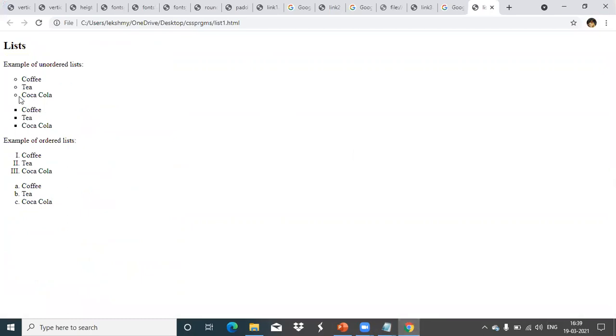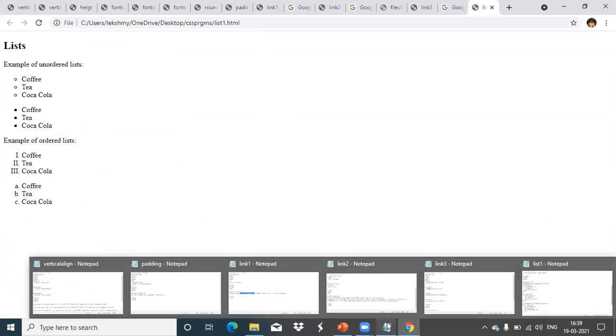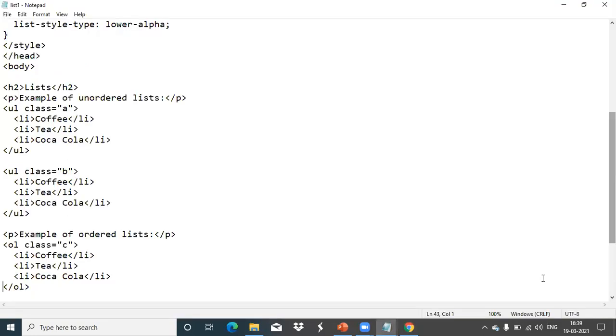It is showing in circles, in squares, Roman letters and small letter alphabets to list out all those things. Okay. So that style name is list-style-type. That is the property name we have to use for that. So this is one way to do the styles for the list items.